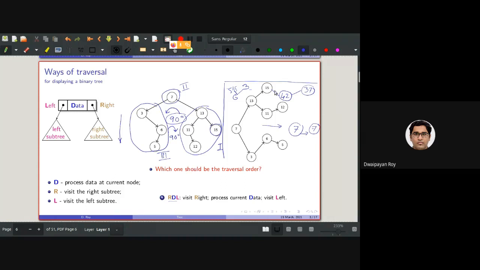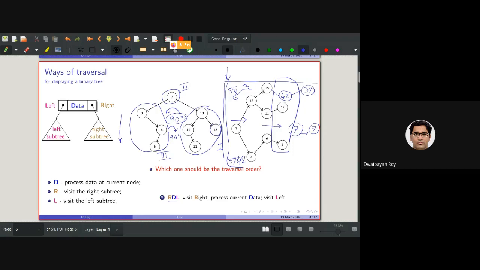So basically it will be rotated. 42 will be coming somewhere here. And then this 37 will cause the height of the tree to grow. So every node in this level will be going one direction to the right, and only this 37 will be added here in the lowermost level, or in the first column, you can consider.